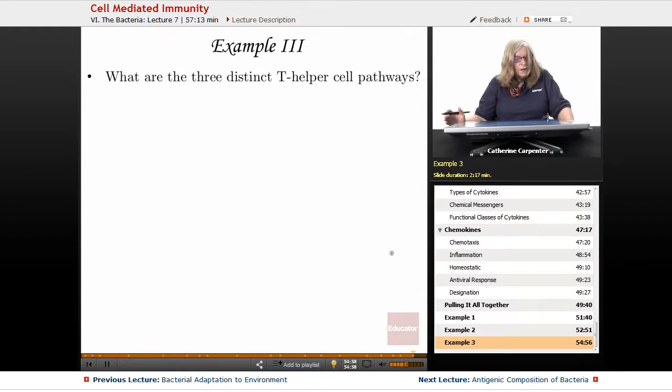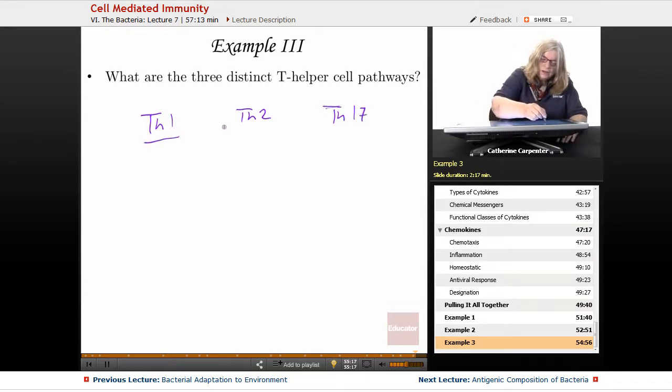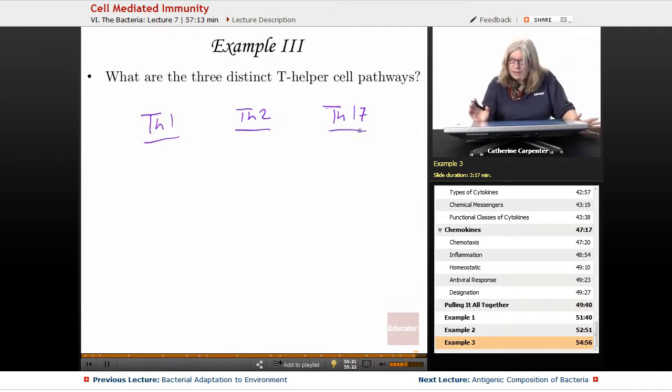Now, the final question has to do with what are the three distinct T helper cell pathways. So we have TH1, we have TH2, and we have TH17. Okay, now, in terms of studying for your exam, I highly recommend that you take a blank piece of paper,